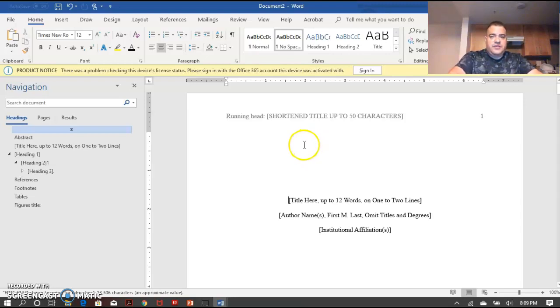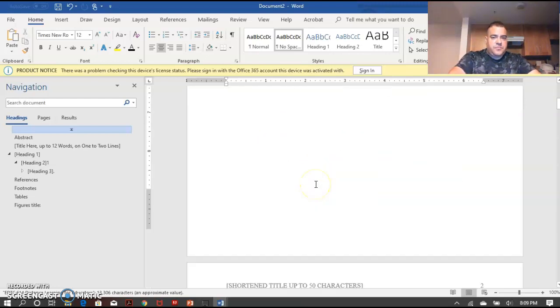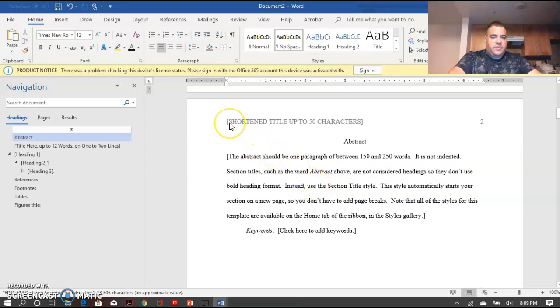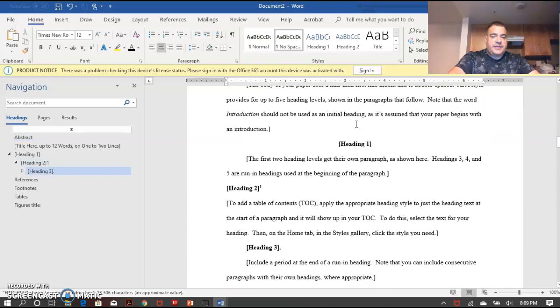But the point of it is the words running head will only appear on page 1. And then you get the shortened title up to 50 characters. And on the bottom, starting on page 2, all your subsequent pages will exclude the word running head, but it'll just be the shortened title up to 50 characters. So with that,